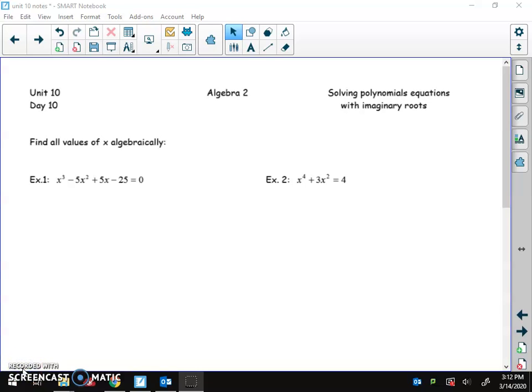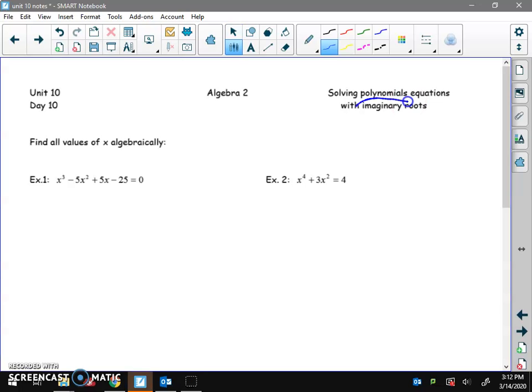Okay, today's lesson, day 10, is still solving these polynomial equations, but today we're going to add in imaginary roots. So we're going to be getting some i's back in play here. The process is the same, but our answers, some of them will have i's in them. So for example, in number 1, this has 4 terms again, so we're going to want to do factor by